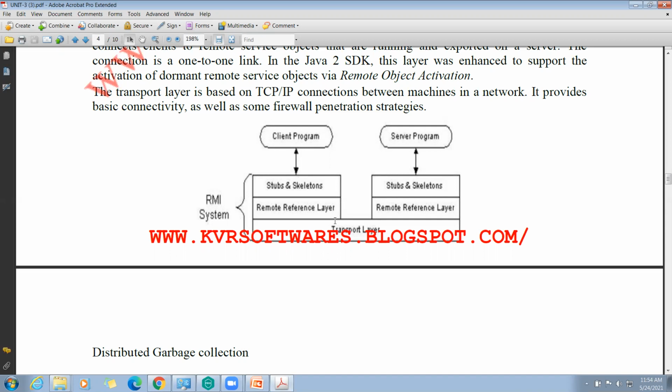Yes, this is a very important point, students. We need to compile the implementation class and create the stub and skeleton objects using the RMIC tool. Note it down, students. The tool name is RMIC tool. This tool is used to create the stub and skeleton objects.